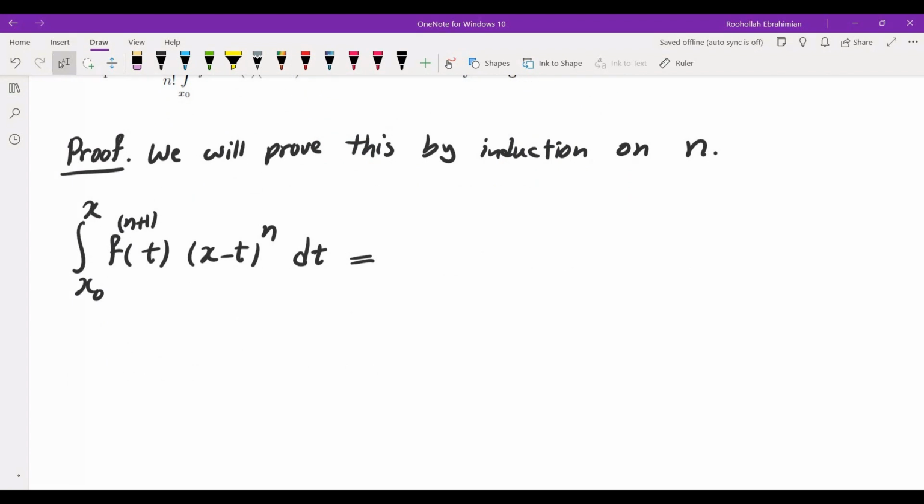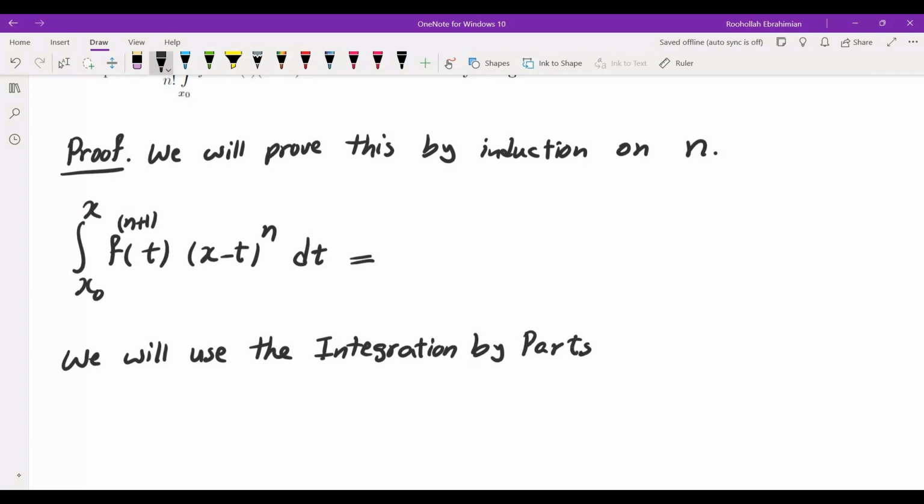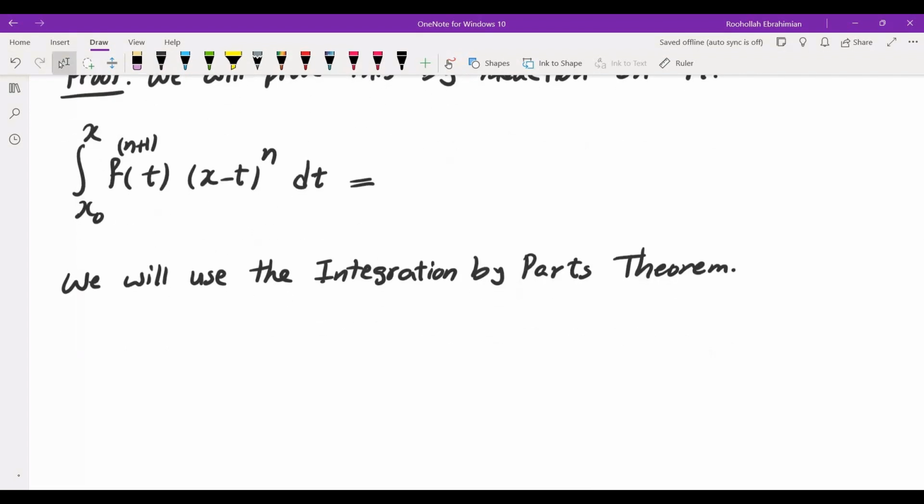We are going to apply integration by parts, so we will use the integration by parts theorem. One of the functions that we're going to be using is f^(n+1). So note that